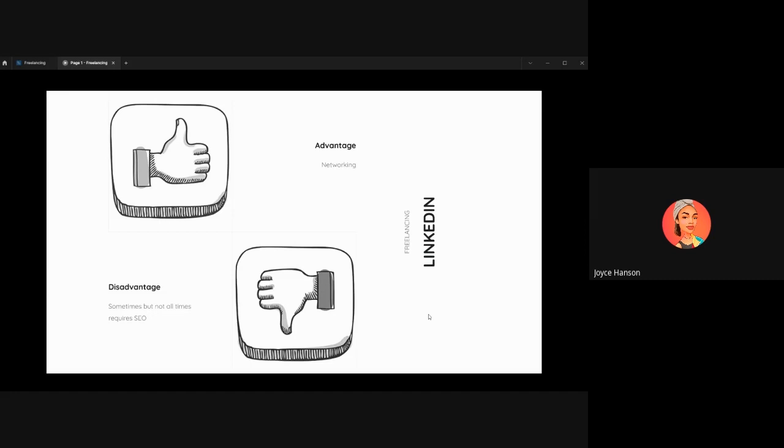Now LinkedIn. I would say, yeah, everybody knows LinkedIn. And you just have to be... LinkedIn is all about you being active, right? If you're not active on LinkedIn, you're not going to get any freelance gig. If you're not active, if you don't know how to post,